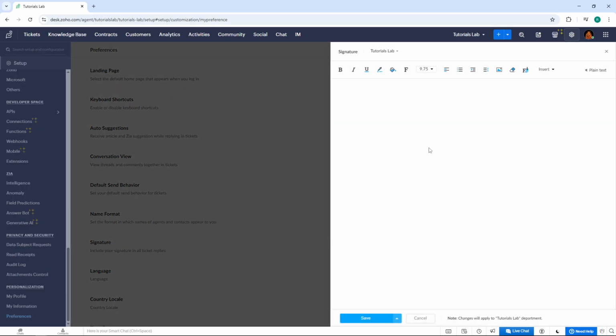When you do this, a plain text side panel editor will appear on your screen, giving you space to craft your signature. In this editor, you can type in the signature you wish to use directly. This could include your name, job title, contact information, or any other details you want to appear at the end